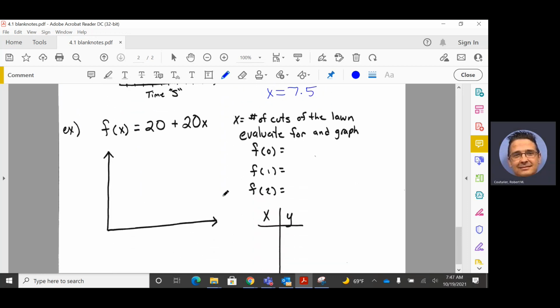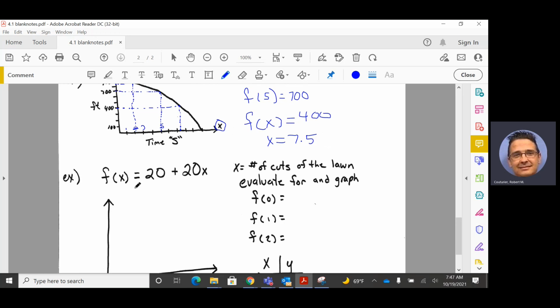And again, here we go. Again, they're talking, instead of writing it as y equals 20 plus 20x, they're using function notation. So we have to get used to seeing this. This is just a fancy way to write a whole lot of information without us having to actually do it. It says, here's the equation,